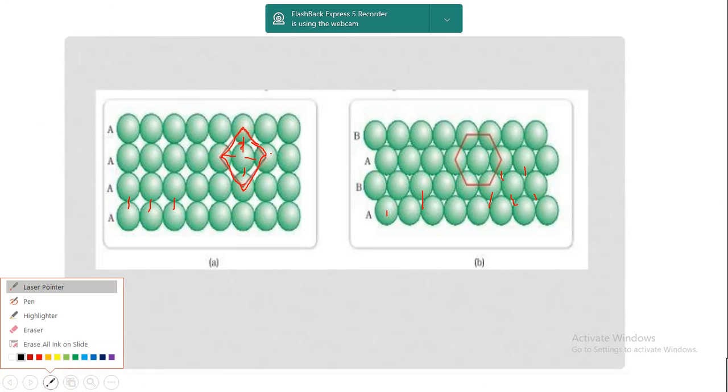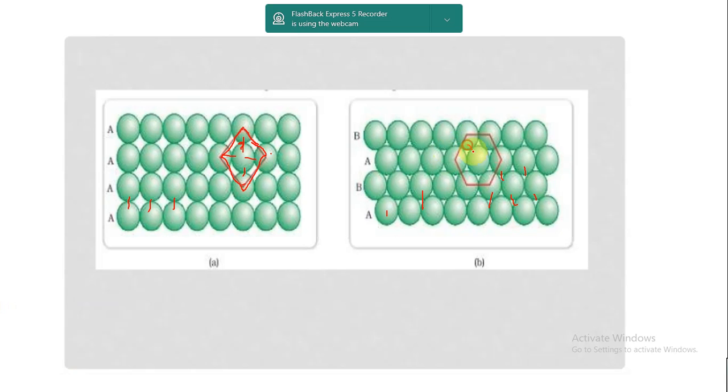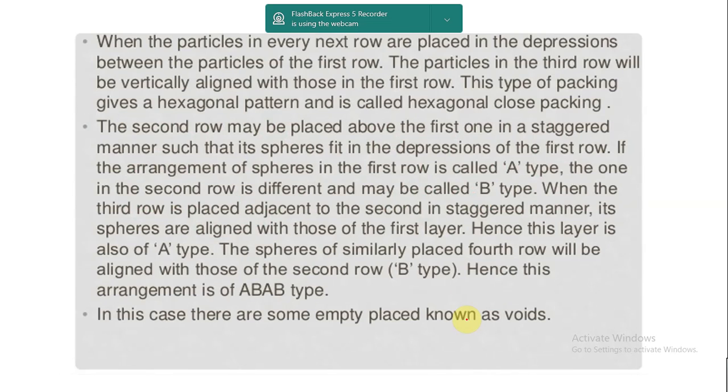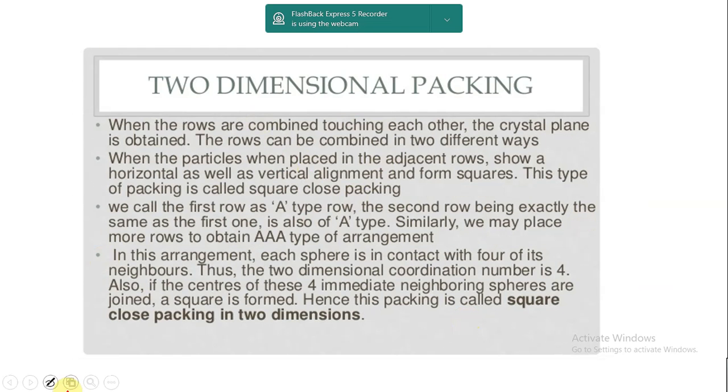It is coming in contact with 6 atoms at a time, where it is coming in contact with here 1, 2, 3, 4, 5 at 6 points. By 6 atoms it is getting contact with, and if you join the corners, you see this is coming in the shape of a hexagon. So it is hexagonal closed pack structure. So when rows are combined,